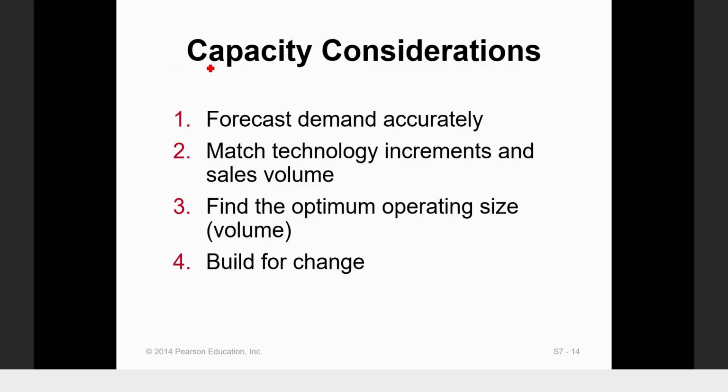Consideration of capacity. If you want to decide what capacity you want to build for your manufacturing, you need to know what the forecast demand is. Permintaannya berapa? We have to make a forecast. Ramalan. If you build a factory, how big is the factory you build? You need to know the forecast demand, because you're not sure who will buy, but we can forecast. So in manufacturing, using the forecasting,